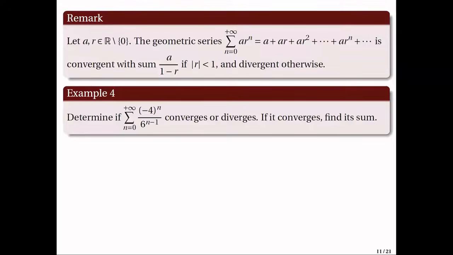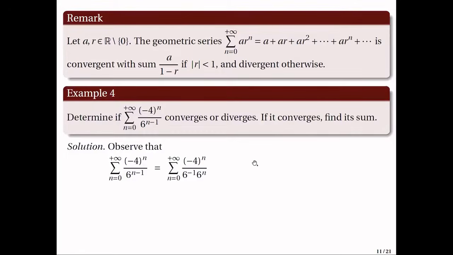For our next example, let's determine if the summation of -4 raised to n over 6 raised to n minus 1 converges or diverges, and in the event that it converges, let's also find its sum. So to solve this problem, we will use properties of a geometric series. So first, observe that this series can be written in the following manner. We will just express 6 raised to n minus 1 as a product 6 raised to -1 times 6 raised